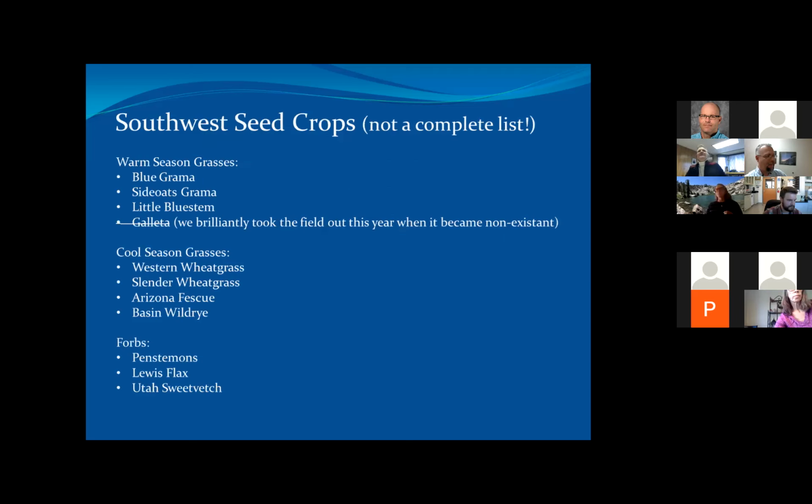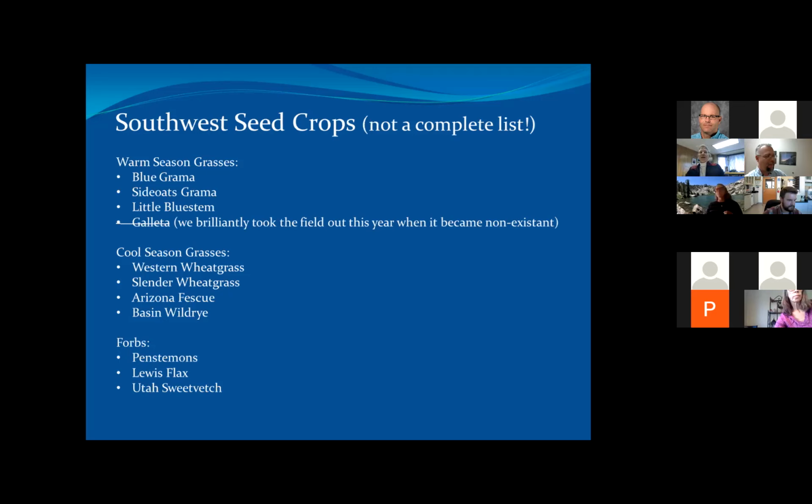So this is by no means a complete list, but this might give you a little bit of an idea of how we approach it and what we grow. We are very good at some warm season grasses: blue grama, side oats grama, little bluestem. We just took out the galleta last fall, the year of a lot of fires and droughts that hit a lot of plant or production fields very hard. And so now when we would be supplying galleta all over the place, we're going to run out this year. And that's heartbreaking, but that is a part of farming, always making those decisions, trying to use that crazy 8-ball to figure out what you really need.